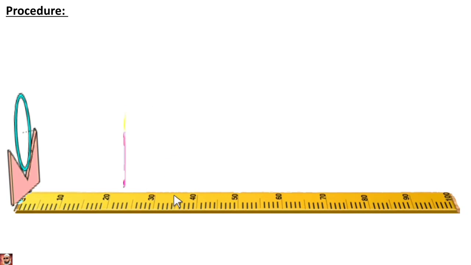Now again you have to keep the object at 20 centimeter. Take the screen and adjust it in front of the mirror. You will get a sharp image at 60 centimeter. Now measure this object distance and image distance, and you will see the image here. You are getting it somewhat bigger in size, that is we can say an enlarged image, and you are getting a reverse image, so that's why inverted image, and we are getting it on the screen, so that's why it is a real image.